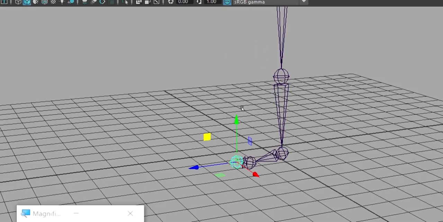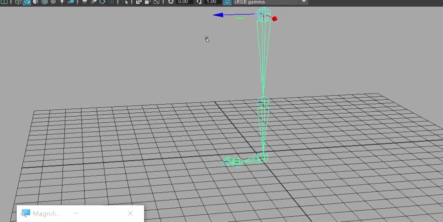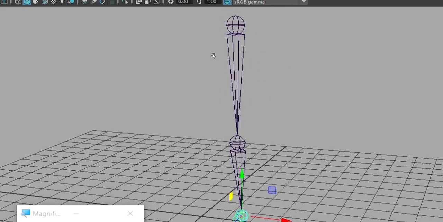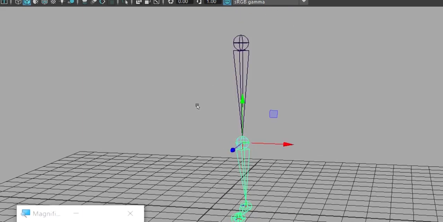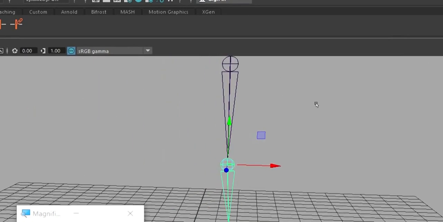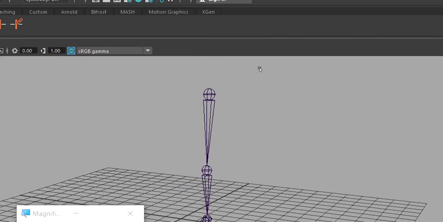Don't get confused about what the ball and all these things are. I'm just telling hip, knee and ankle. Keep these three things in mind. This is a hip joint, this is a node, this is also a node. You can see joint number 2. But what is the bone? That which is in between two joint nodes is called the bone.